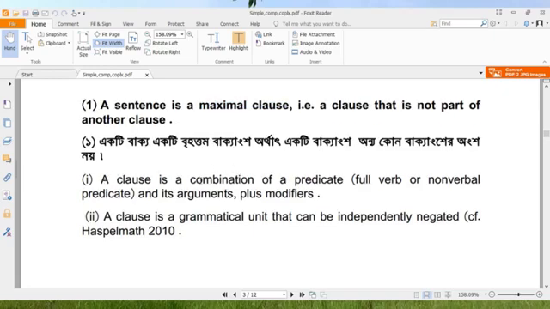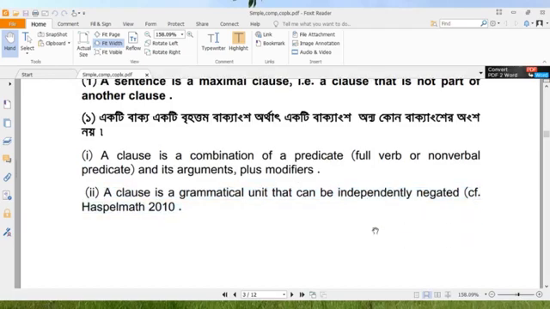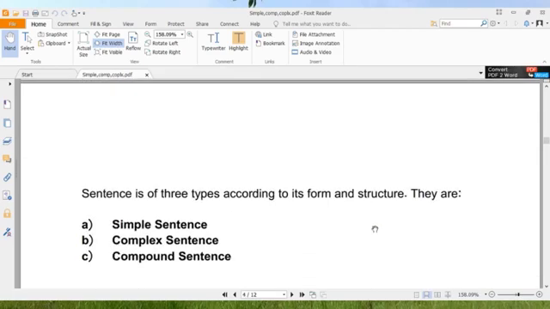A clause is a combination of subject and predicate. Clause হচ্ছে the combination of the subject সহ predicate, আর এই কম্বিনেশনের মধ্যে দিয়ে একটা সেন্টেন্স গড়ে ওঠে। A clause is a grammatical unit, কিন্তু এটি স্বাধীনভাবে ব্যবহৃত হয় না, এটি সেন্টেন্স হিসেবে ব্যবহারে পূর্ণতা আনে।